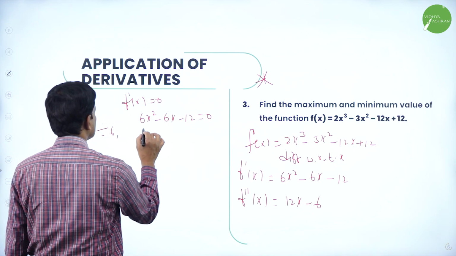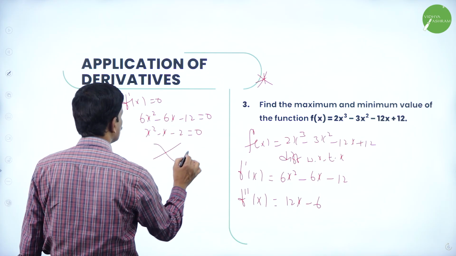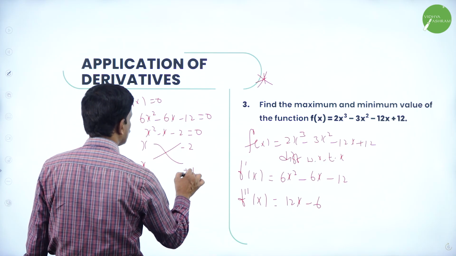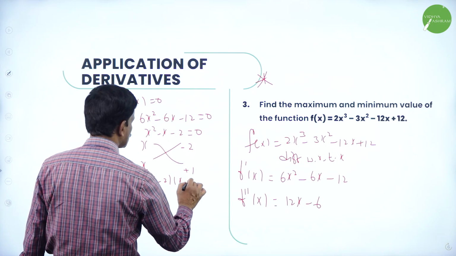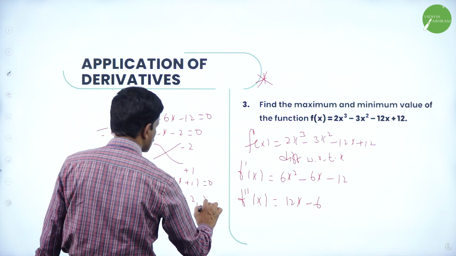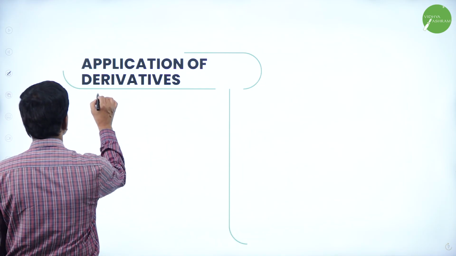We can divide by 6. x square minus x minus 2 is equal to 0. Factorize this. The factors are x minus 2 into x plus 1 is equal to 0. Therefore, x is equal to plus 2 and x is equal to minus 1. Right. Now, when x is equal to 2,